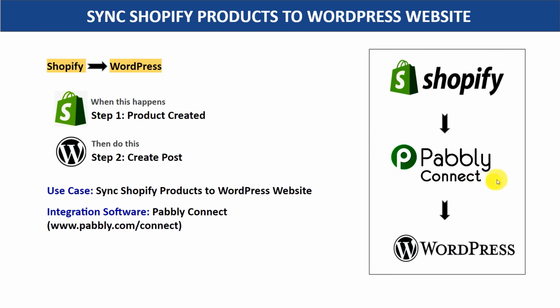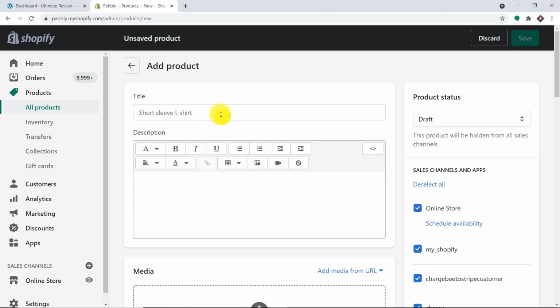So in this video, we will be using Pabbly Connect to integrate Shopify and WordPress. The best part of using Pabbly Connect is there is no need for coding skills or programming knowledge. It can be done easily. Let me show you with an example. Okay, so basically this is my Shopify store and I'm going to create a new product. So let's say the name of the product is